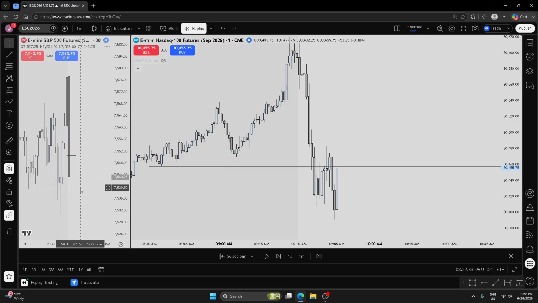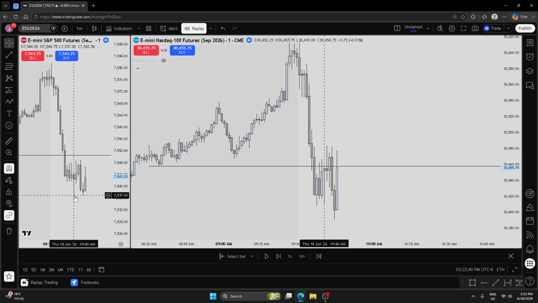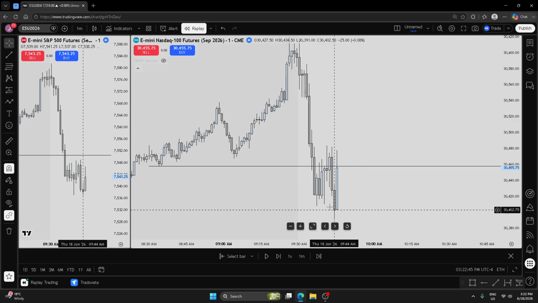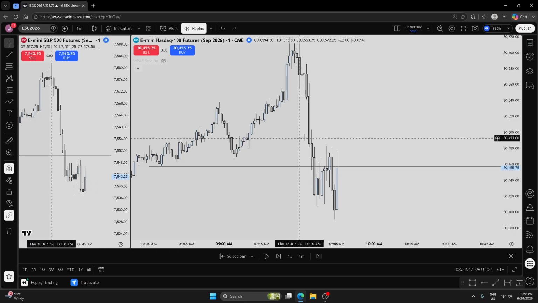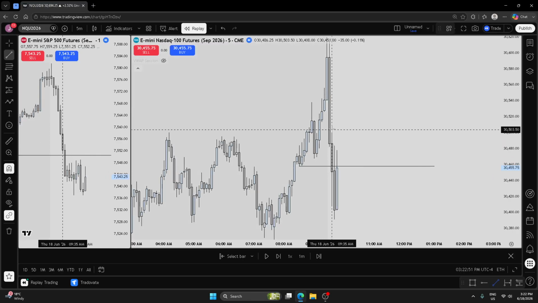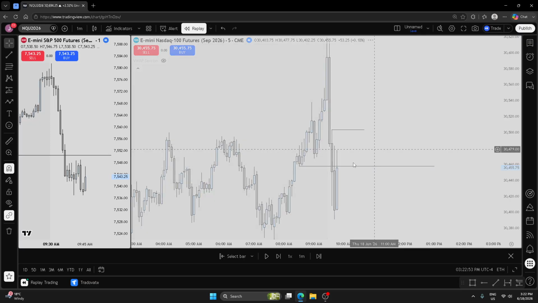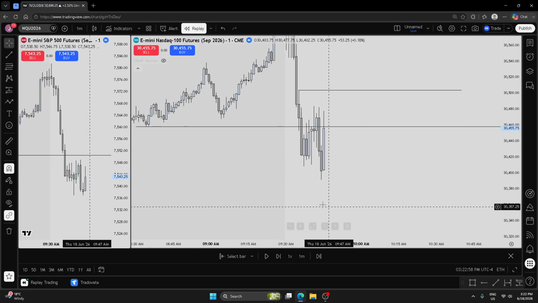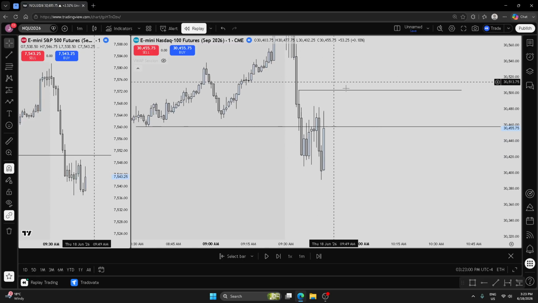Yes, we have a sweep. Yes, we have an SMT. If you look at this, the 9:40 low was taken out on NQ. It was not taken out on ES, so we have an SMT right here to add confluence. We have low resistance leading up towards our 5-minute gap up here, being this agreed upon draw on liquidity again. So if price wants to be bullish, it's going to trade through this 5-minute, but if it's going to be bearish and keep moving down towards key levels lower, then it's going to hit this 5-minute gap